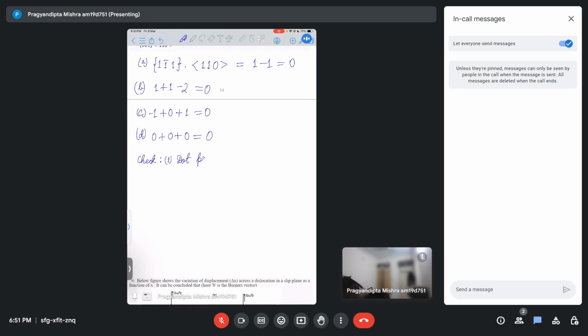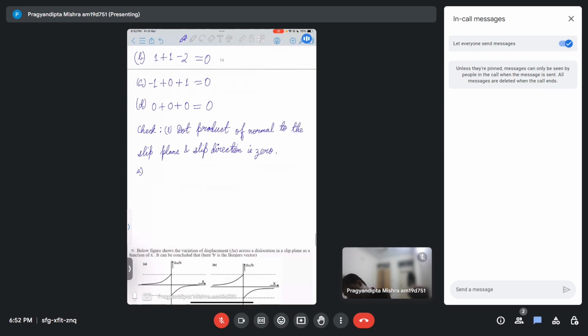Dot product of normal to the slip plane and slip direction is 0. That is the first thing you have to check. Then the second thing you have to check is